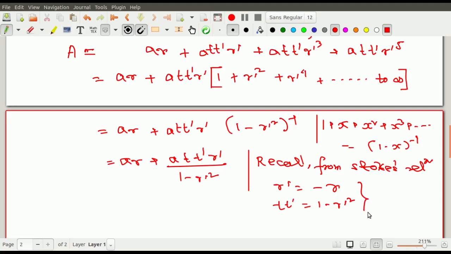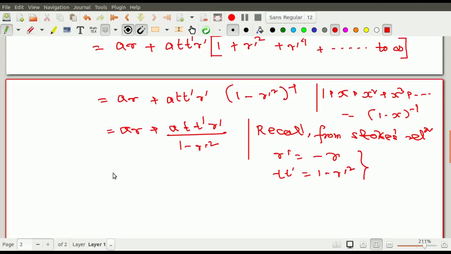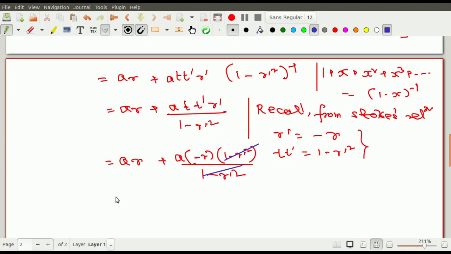I have said that this will be used in some of my classes, so that is why I am showing you this treatment. So this AR I write it, plus আমি এখানটাতে R dash টাকে আমি minus R লিখছি, this R dash I replace with minus R, and T T dash I write 1 minus R dash square. So all the changes I make on the numerator, numerator change গুলো করলাম, R dash I replace with minus R, and T T dash কে আমি লিখলাম 1 minus R dash square. So these two parts get cancelled over here, and finally I have over here, you see beautiful result I obtained,